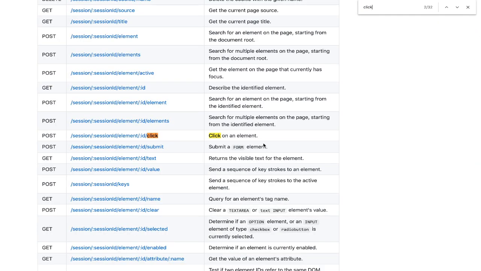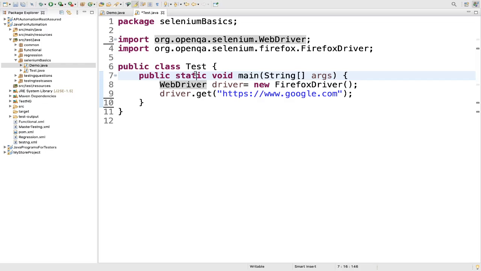Here you can see, for click there is a POST method. For submit there is a POST method. For returning the visible text of the element, there is a GET method. So for every possible action we do, you will find some GET or POST method in the JSON wire protocol. The URLs will be passed to the browser drivers.